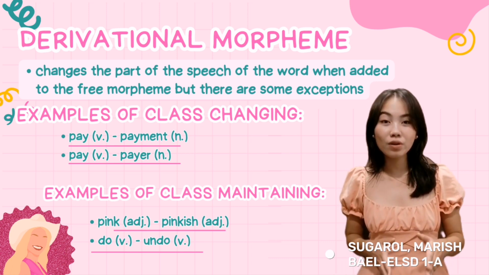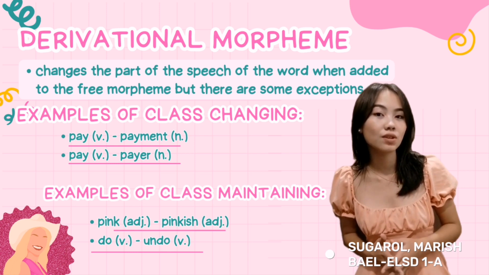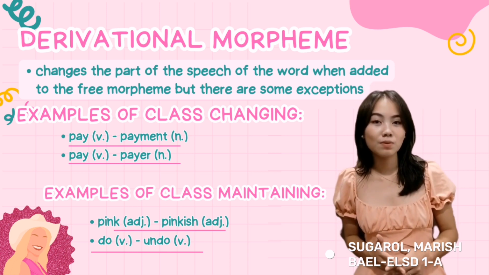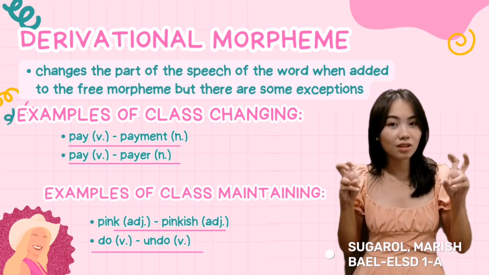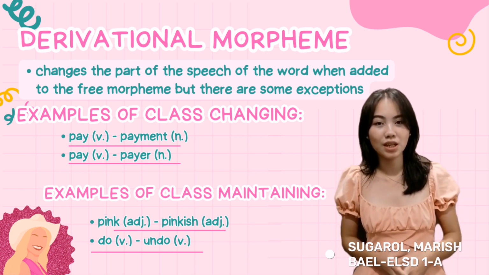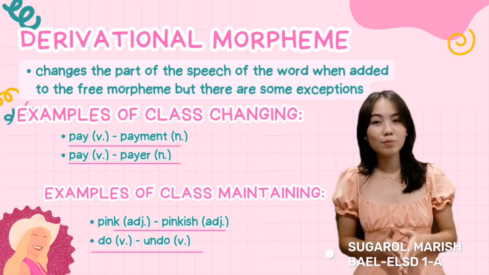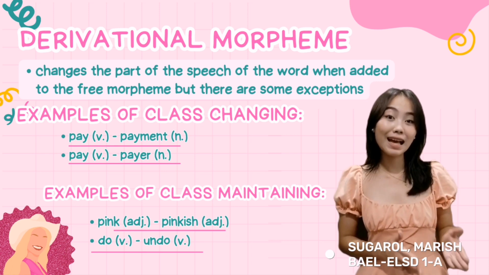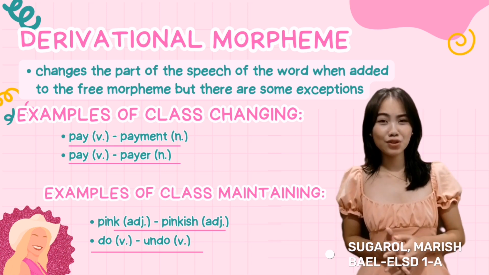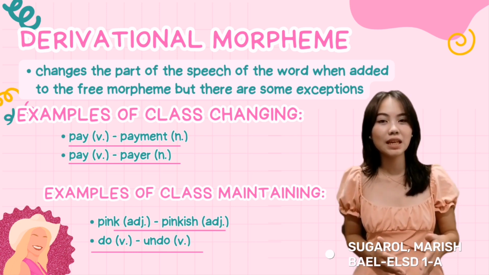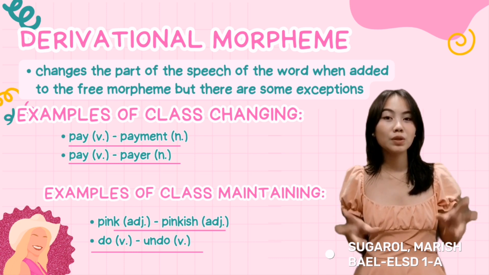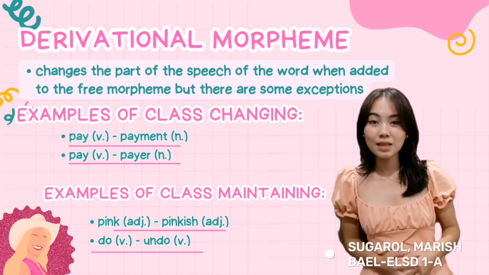And this morpheme can be a prefix, suffix, or infix. And always remember and keep in mind that a derivational morpheme can alter the grammatical category of the word, such as changing a noun to a verb or a subject to an adverb. And to further nurture your understanding, a derivational morpheme can also indicate the relationships between words, such as indicating possession